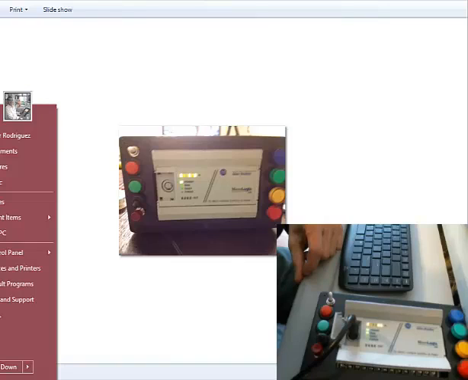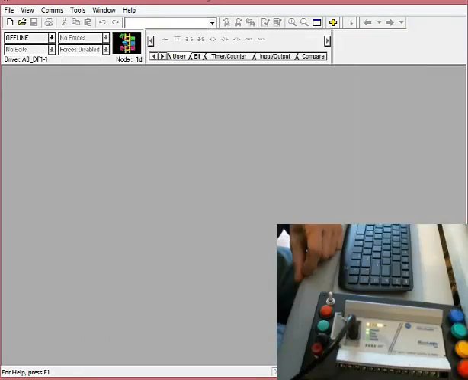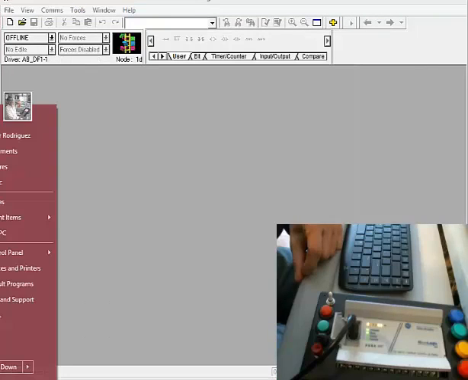They are under my Rockwell software. I will point out where that software can be downloaded for free. What I need is the RSLogix Micro English. All right, that's one. I'm going to click on that one, RSLogix Micro English. And in addition to that, going back here to Rockwell software, I also need the RSLinx, which